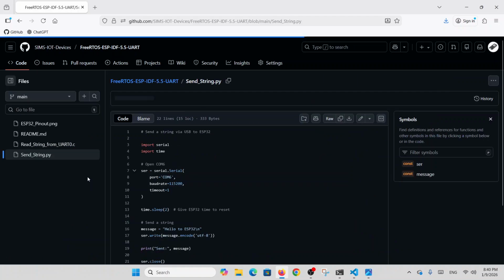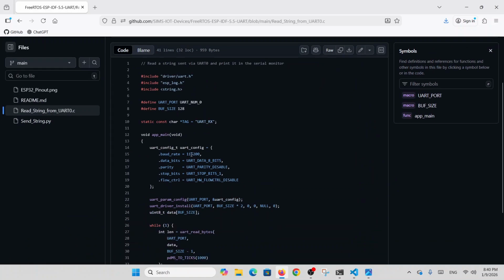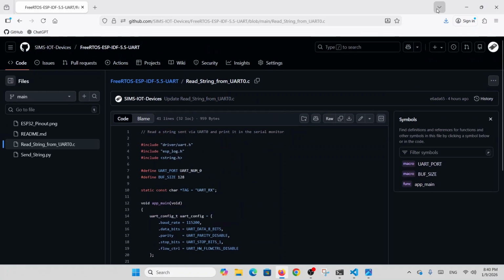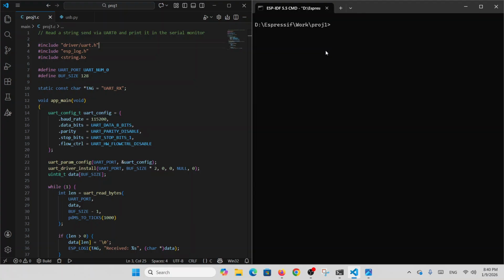So we will copy the Python file to our editor and also create a new project and copy the C file to the project to demonstrate this. So we have a C file and the Python file in our editor. First, we need to flash the file and compile the program. So the problem is that we're using one computer,